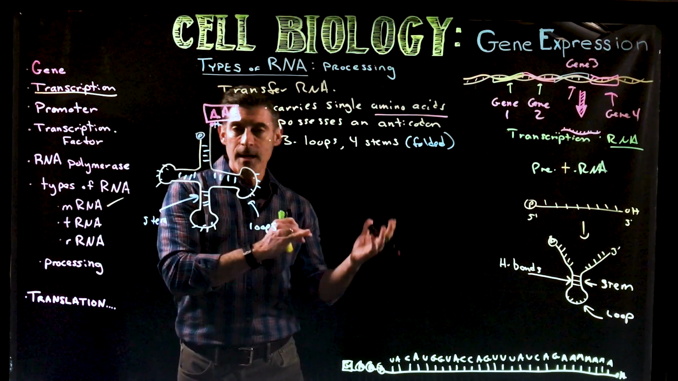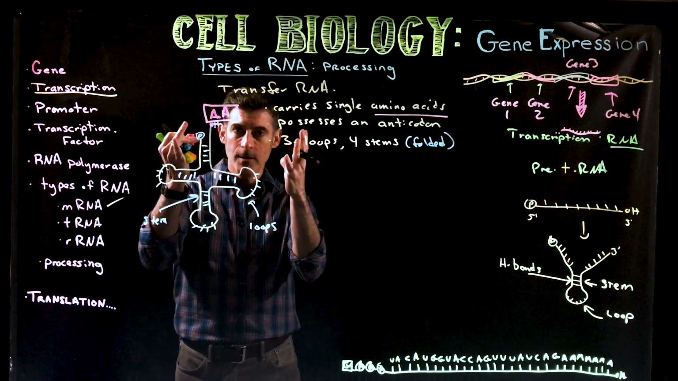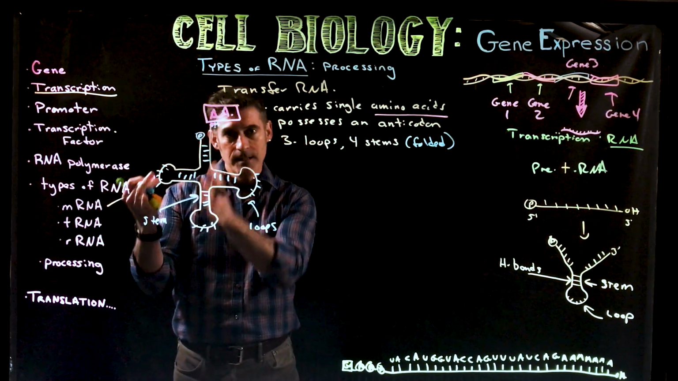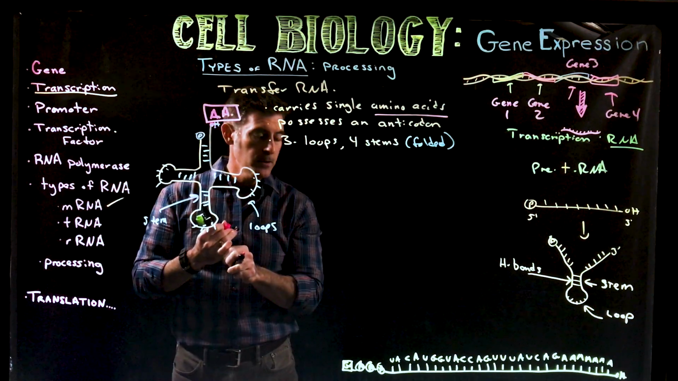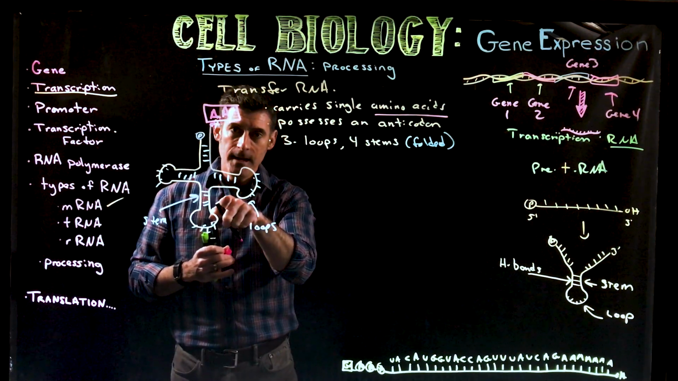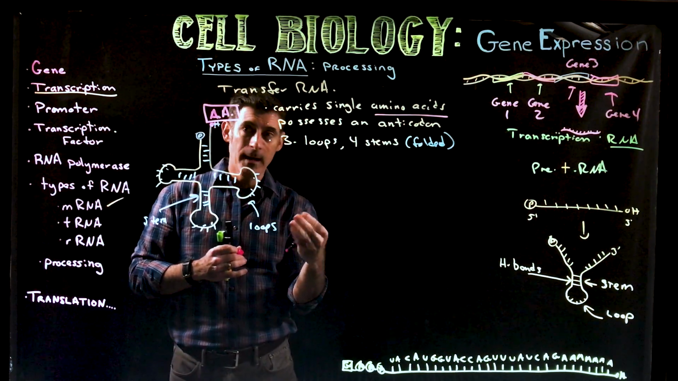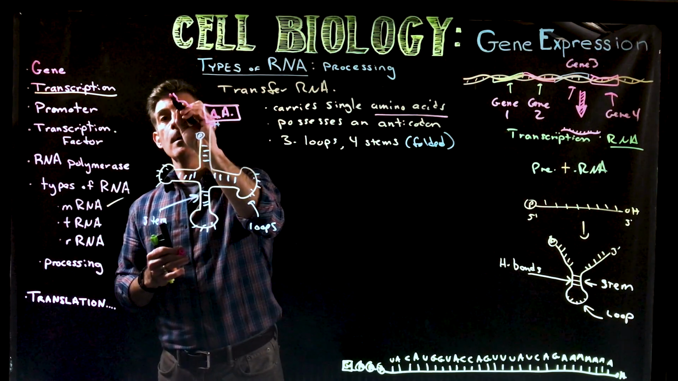It adds energy, essentially, to the amino acid. And then it can attach that and form a bond between the two. It has to be sure that this transfer RNA is the correct transfer RNA to carry a specific amino acid. So if you recall, there are 20 different